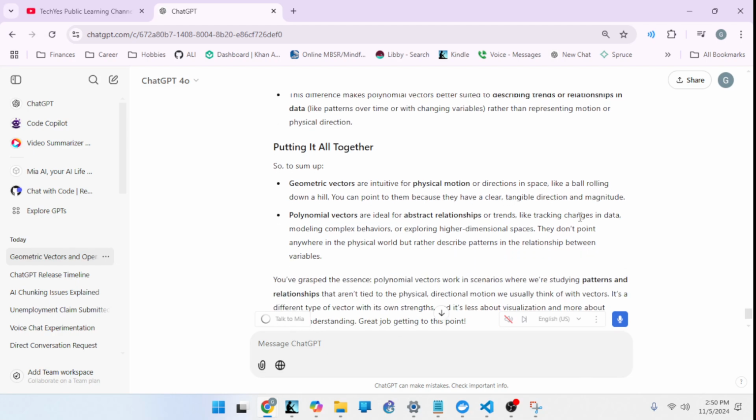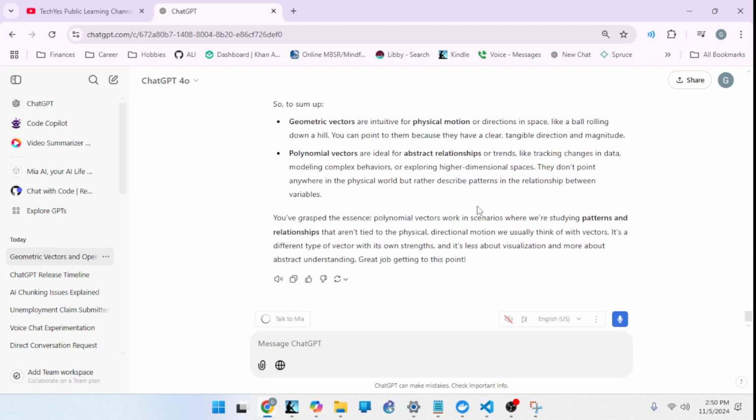Yeah, so there's more abstraction for polynomial vectors, so it's more unusual things that aren't really connected to the physical world, and therefore,